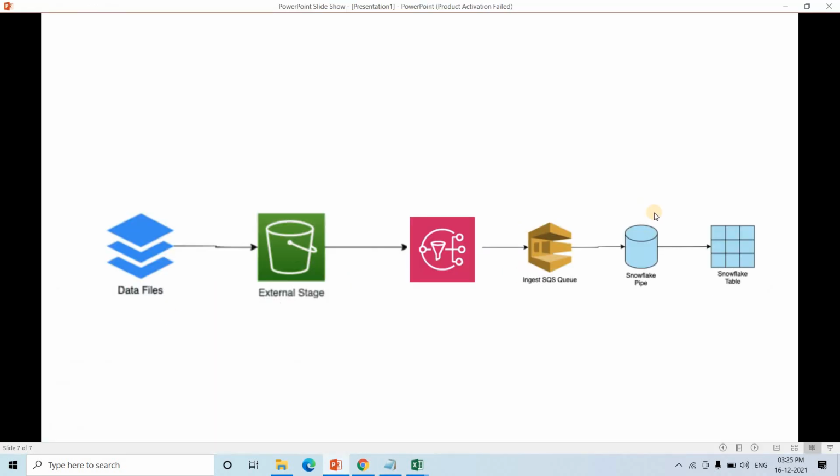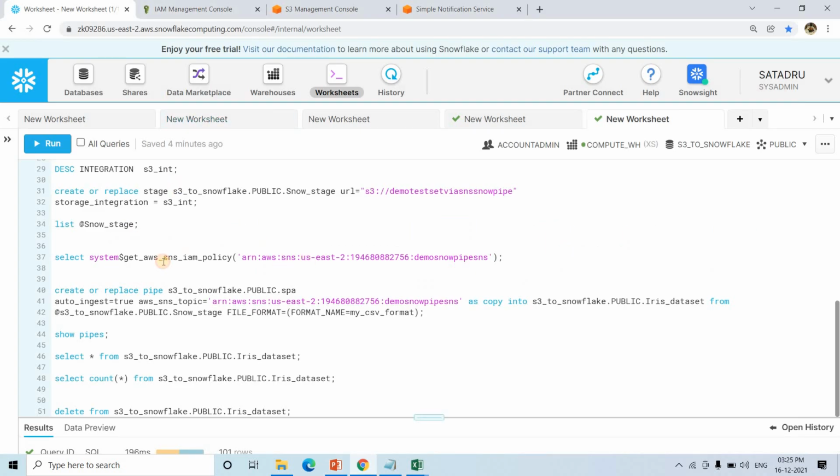Actually, in the internal process, this particular pipeline is implemented. The only thing you have to take care of is how to subscribe to this particular queue, because this queue is not in our hands. It belongs to Snowflake, right? So all you need to do is execute this particular query. Whatever you get, you need to update in your SNS permission. As soon as you update it, it will automatically subscribe and confirm the subscription in the backend with respect to the Snowflake internal SQS, right? All these codes and steps I will provide in the description box or in the comment section.